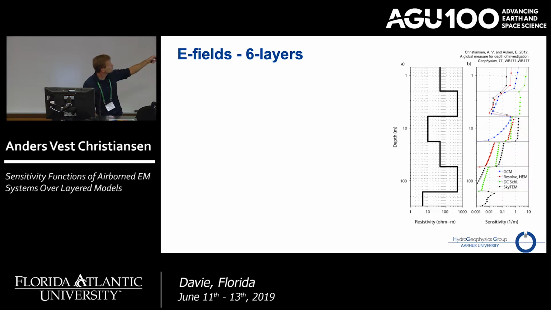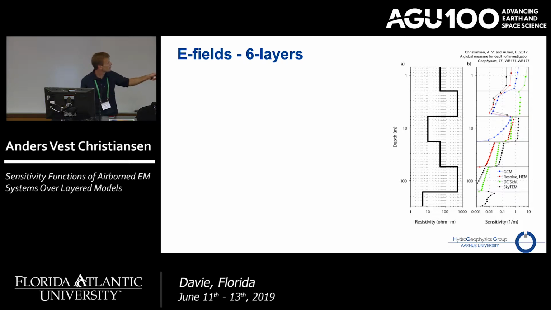The first layer is just 2 meters thick, and then they increase in thickness, and we end up here with the last layer boundary at 160 meters or so down. So it comes from this depth of investigation paper from some years back. So it was probably too complicated, but once I've settled on that model, it's a little bit difficult to go back. But what you see here is now just the first 5 layers of that model,